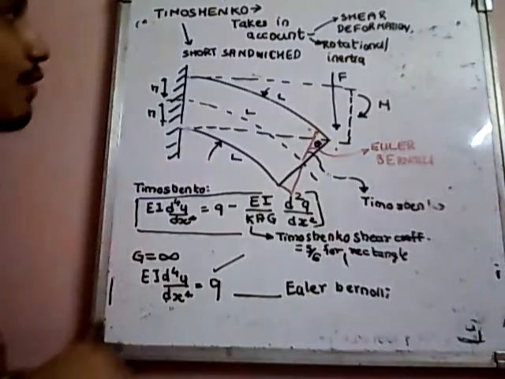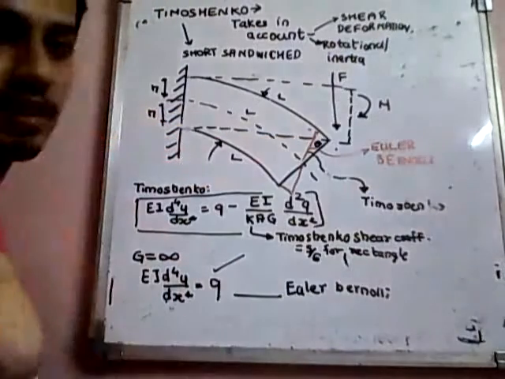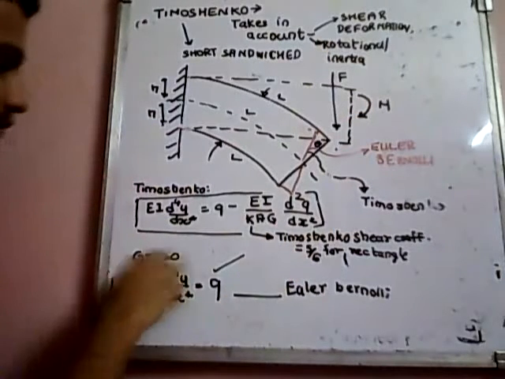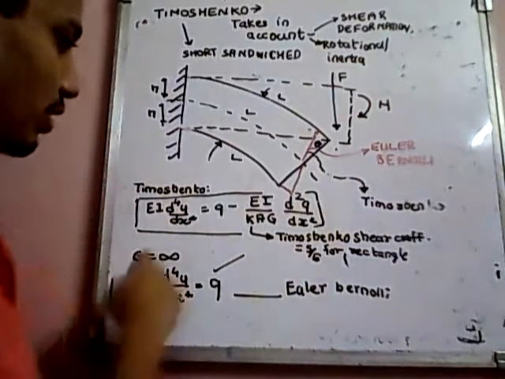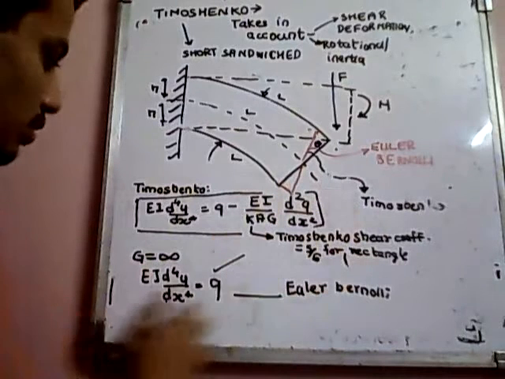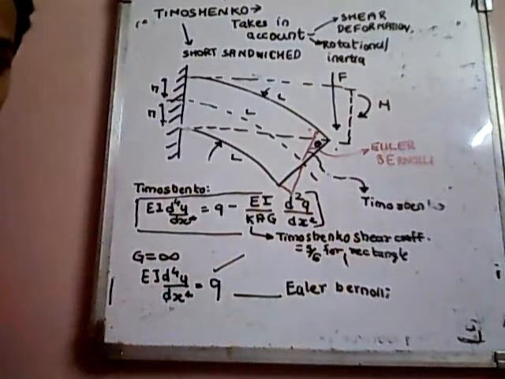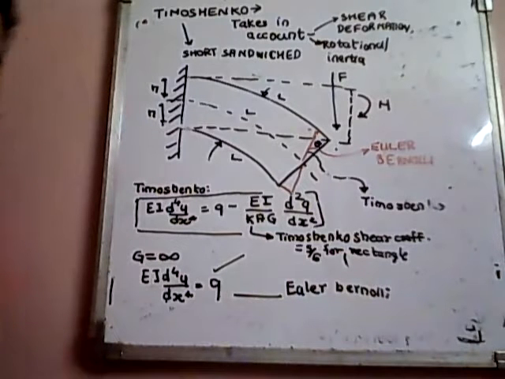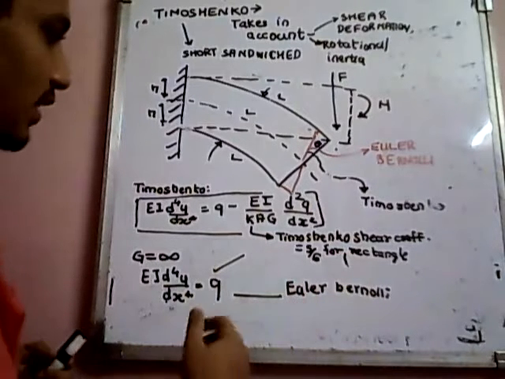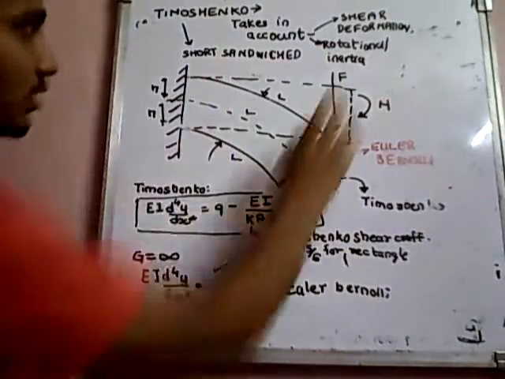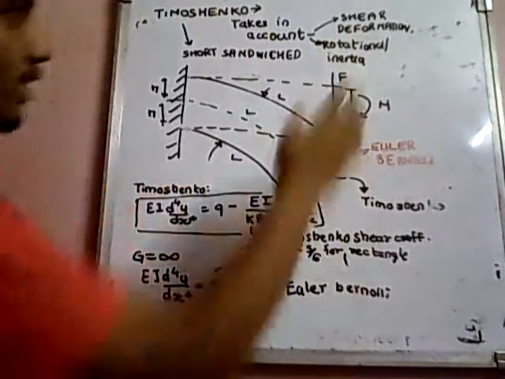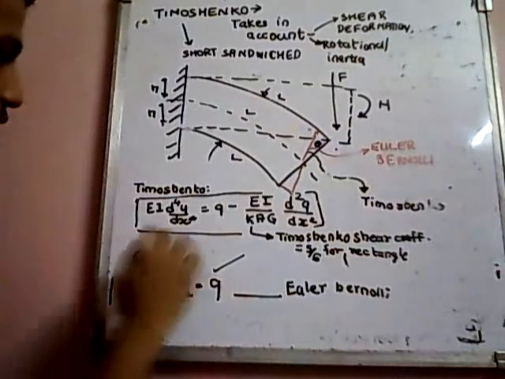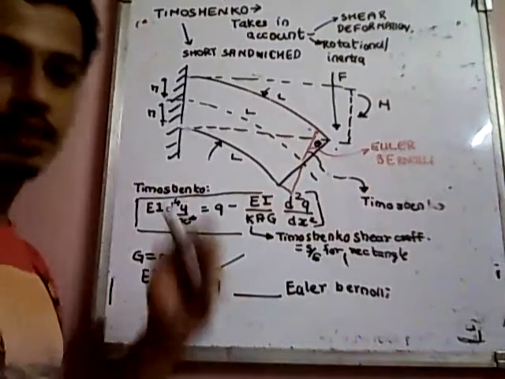Now, if we do not consider shear deformation and rotational inertia, what does that mean? We are considering that the modulus of rigidity is infinity. So, if we substitute G as infinity in this Timoshenko equation, this term will become 0 and we will get this equation which you are familiar with, which is the bending equation or the Euler-Bernoulli theory which we have studied. So Euler-Bernoulli theory is a simplified form of the Timoshenko theory, assuming that there is no shear deformation or no effect of shear on the beam and only tensile stresses are considered. So G equal to infinity. This is the difference between Timoshenko and Euler-Bernoulli.